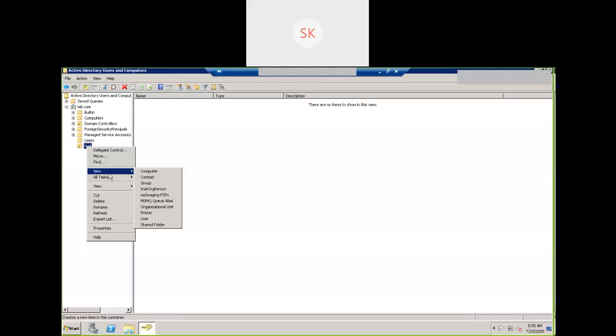Apart from Active Directory Users and Computers, there are different options: Sites and Services, Domains and Trusts. Sites and Services means replication from site to site. Okay, Domains and Trusts. We have different domain controllers. Now I will talk about only reliance.lab.com. I'm going to create lab1.com. Between lab.com and lab1.com, how to establish trust? How do users log in with the other domain? How do other domain users log in to my domain controller? That comes under Domains and Trusts.